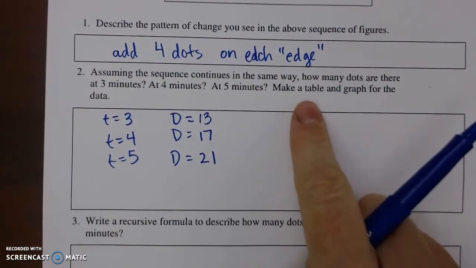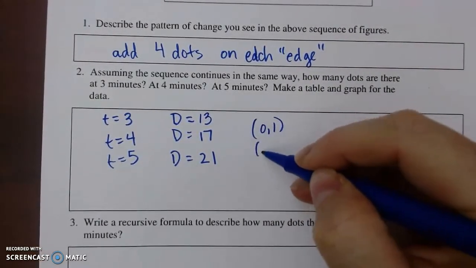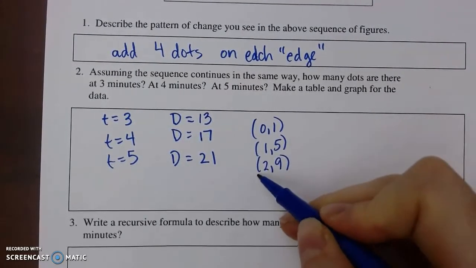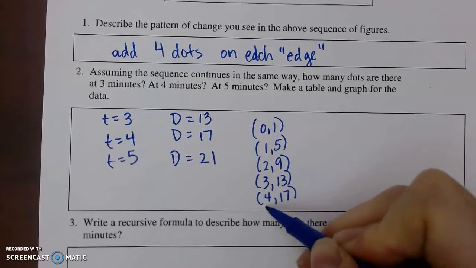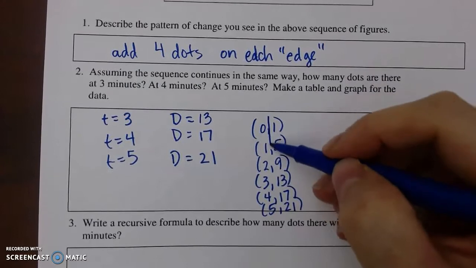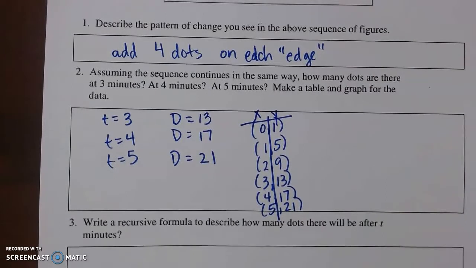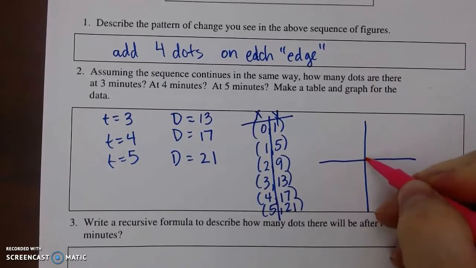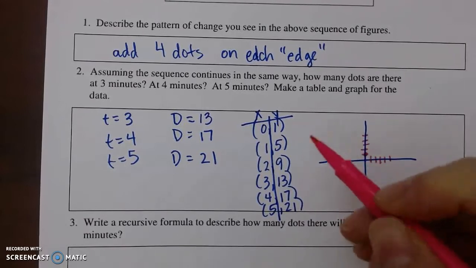So they want us to make a table and a graph for the data. So you want to think of these as ordered pairs. So we had 0, 1, 1, 5, 2, 9, 3, 13, 4, 17, and then 5, 21. Okay, so make a table. There we go. And then for my graph, we've got 0, 1, 1, 5,